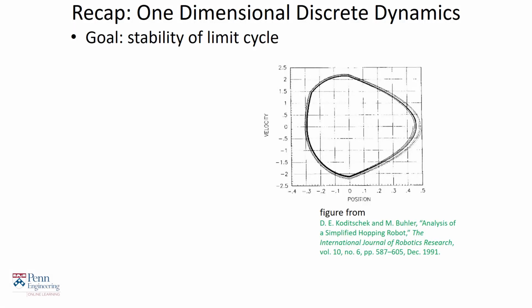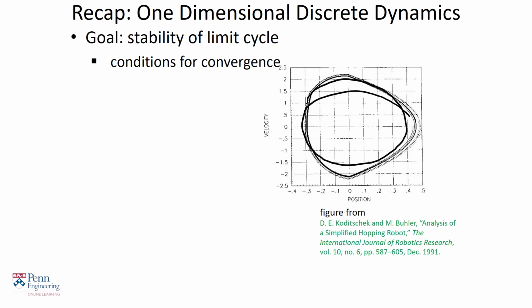Let's remember where we've been. We have a one-dimensional discrete dynamics. We have a limit cycle that we're trying to establish, and you'll remember the limit cycle is an isolated attracting periodic orbit. And so we'd like to understand how to show that this orbit is actually attracting, that is, initial conditions have orbits that converge down to that